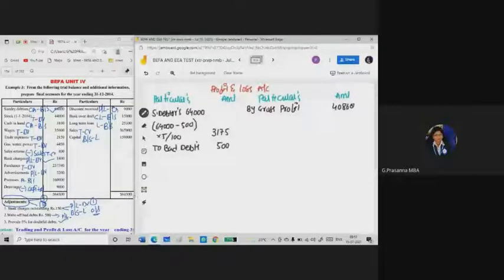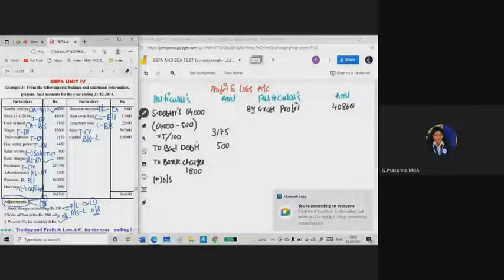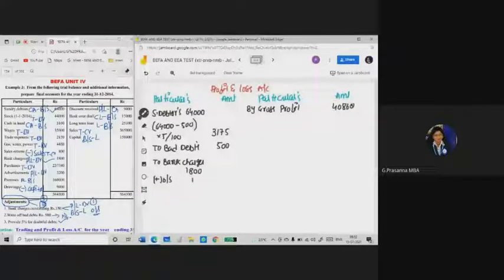Next it is saying bank charges outstanding. Okay, what you have to do is first you need to take the bank charges amount, to bank charges. Okay, what is the amount of bank charges here? Bank charges is 1,800 rupees. Here it is saying outstanding bank charges. How much is the bank charges outstanding? 150 rupees. Okay, you need to add the outstanding amount to this. So in the outer column, 1,950. So all the adjustments we have shown one time in the profit and loss account.